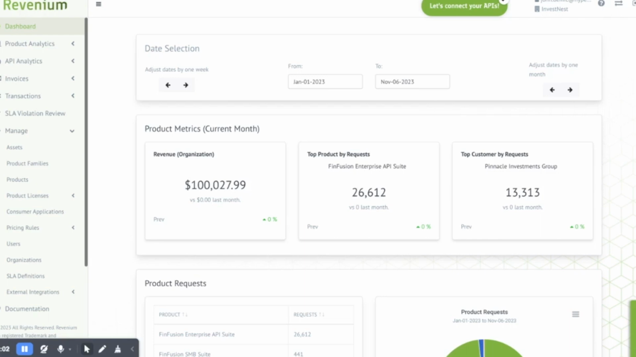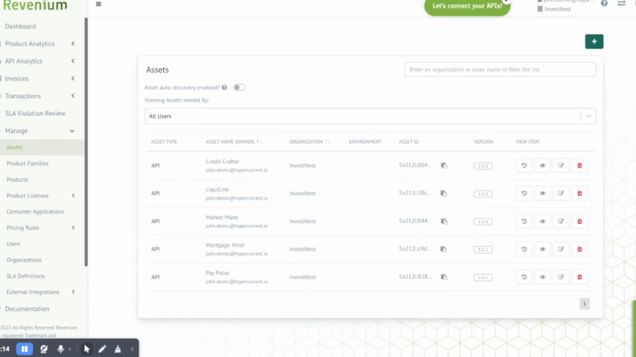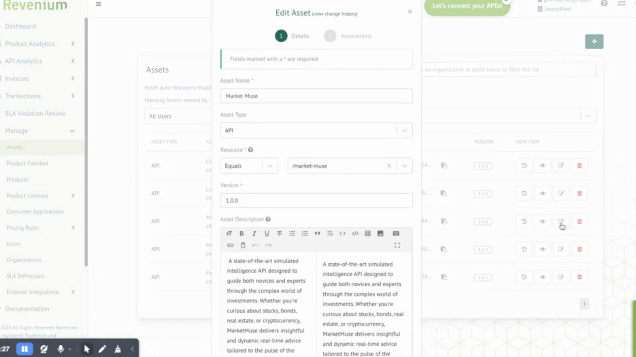Okay, now let's jump into the Revenium and Gravitee platforms and see how we can monetize the MarketMuse API. So we'll start by going to the Manage Assets component in the Revenium platform, so we can see the different API assets that are in InvestNest's API portfolio. Considering the MarketMuse API, which we've been discussing, we'll drill into this and we can see that